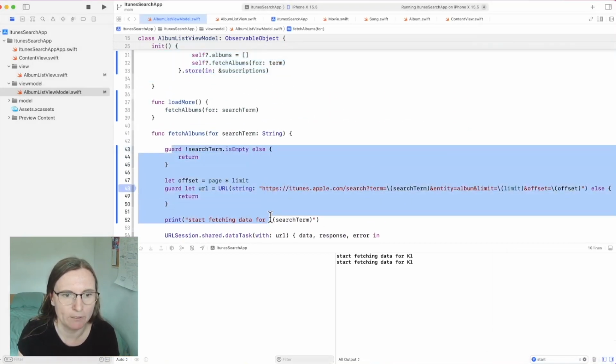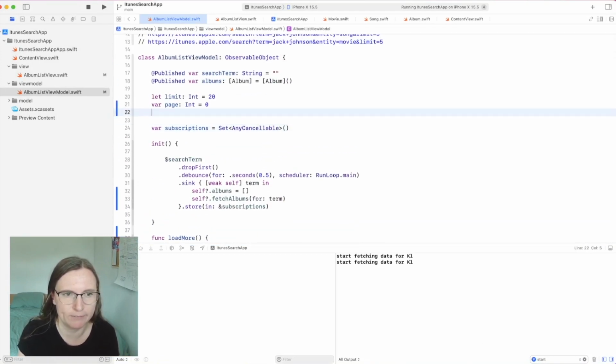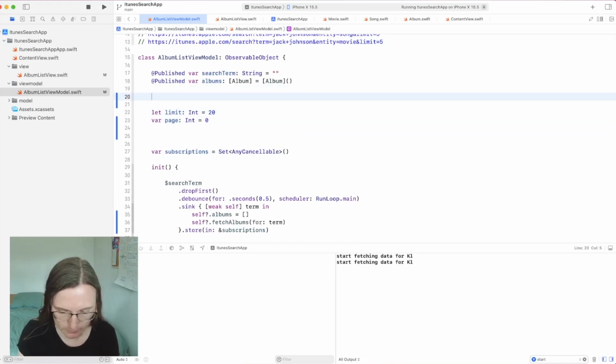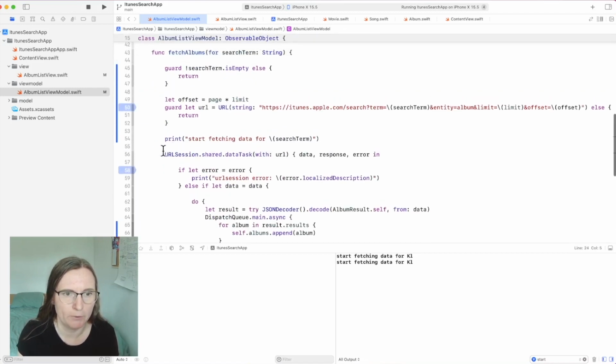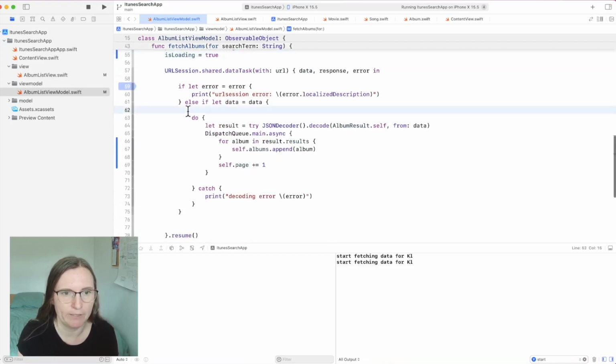So when I start my fetch, I should have a property that I'm also going to use in my UI. So this is an @Published var isLoading, Bool. In the beginning I'm not loading. So just before I start my fetch request, I'm going to set isLoading to true, because now I start loading something. And when I come back,